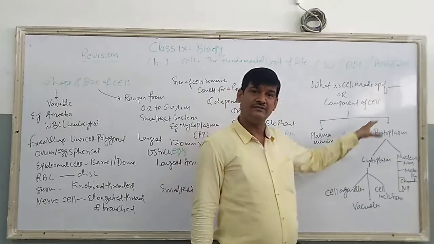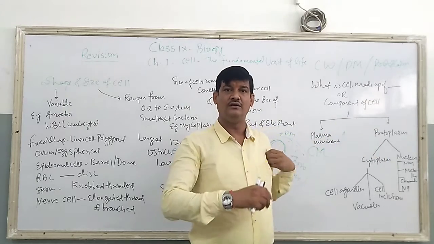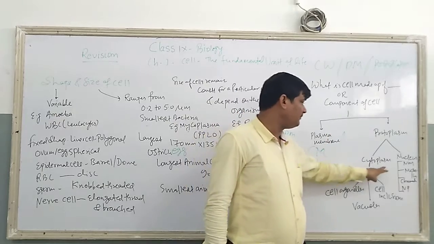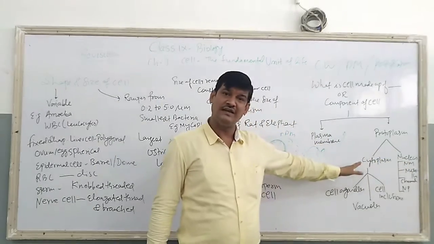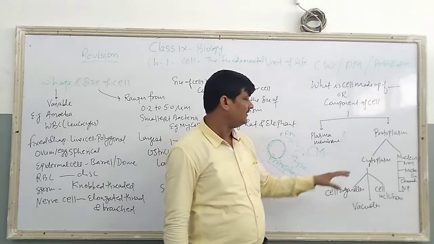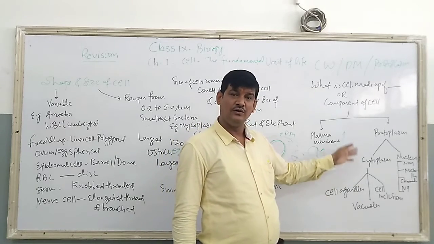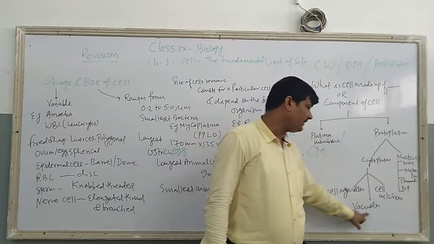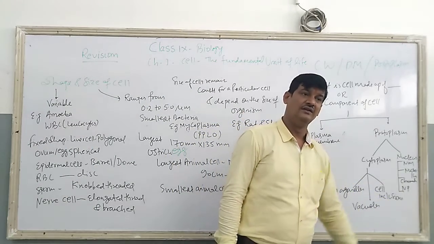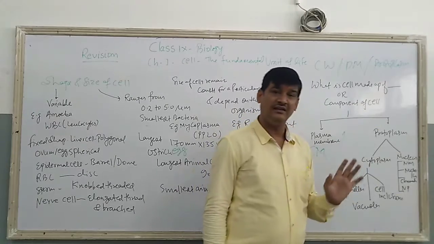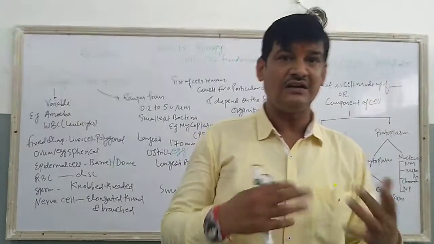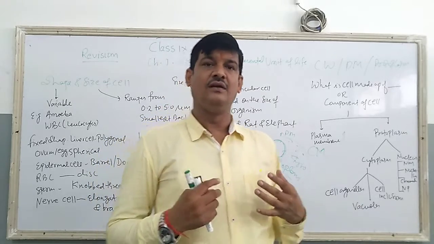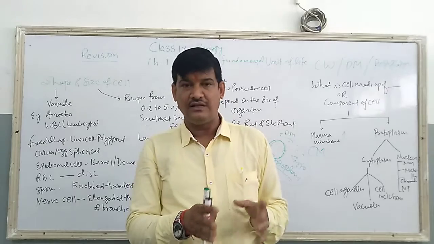The second part is the protoplasm. I told you protoplasm is the viscous, jelly-like fluid within the plasma membrane, and it has two regions, that is the cytoplasm and nucleus. I just told you about the cytoplasm. Cytoplasm is the fluid portion of the protoplasm which provides the place or space to cell organelles, vacuoles and cell inclusions. Cell organelles, what are the cell organelles? These are the structural components of the cell. If we give the example of our body, when our body is dissected, then what do you find?